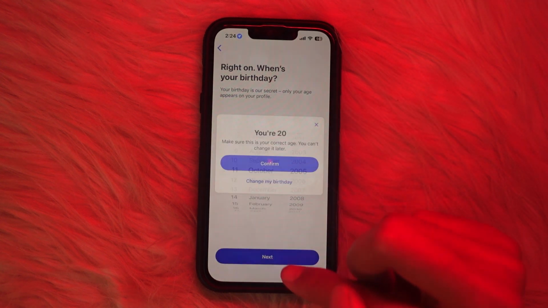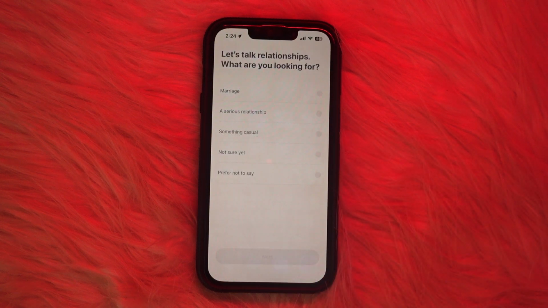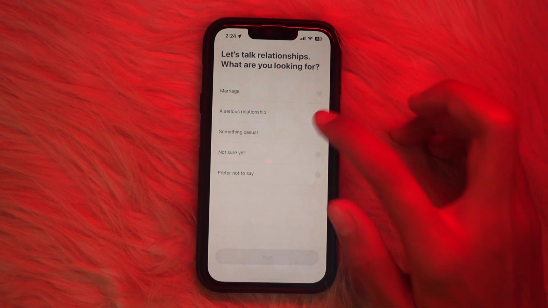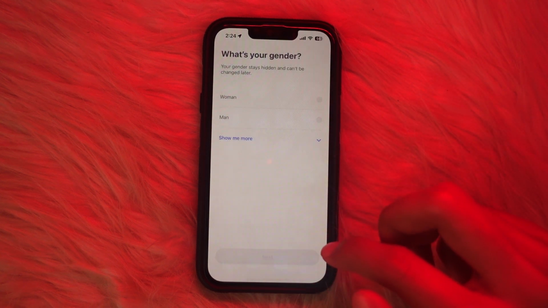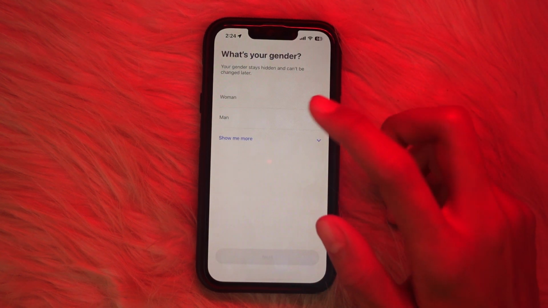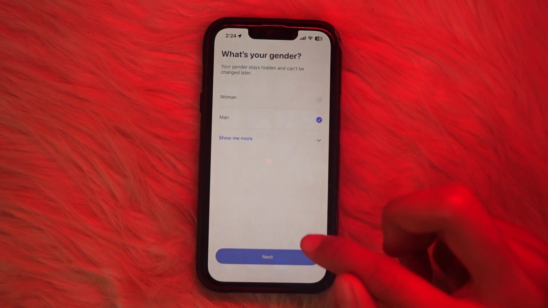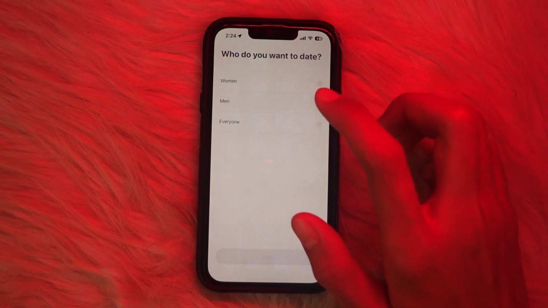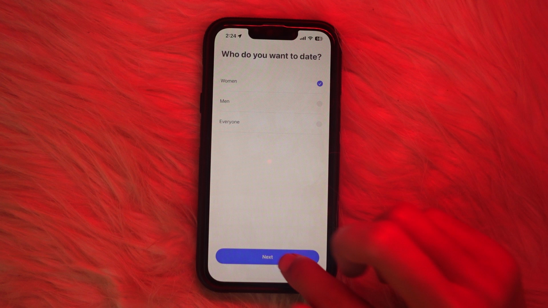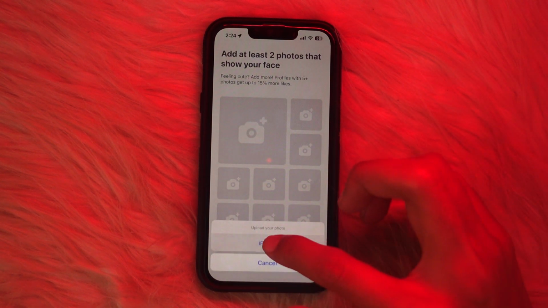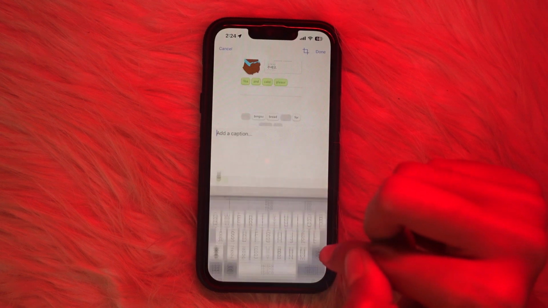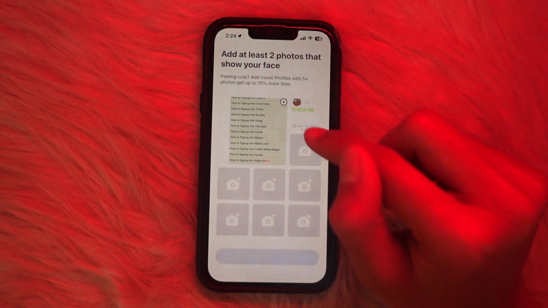You need to enter your date of birth and tap on next button, and you need to tell them what you are looking for, and then tap on next button and tap on sounds good, and you need to tell them your gender, and then you need to tap on who you want to date and tap on next button, and again tap on next. And now you have to enter your, and after you add your pictures just tap on done button and then